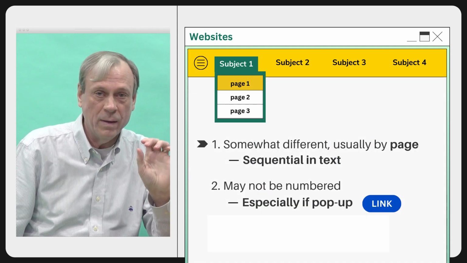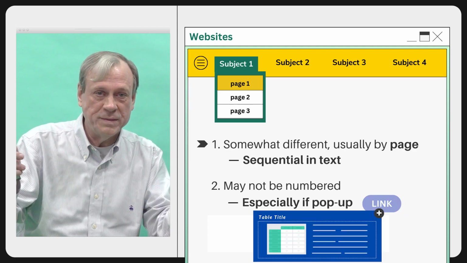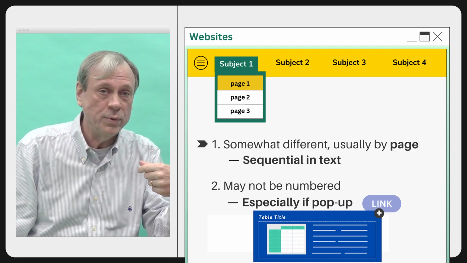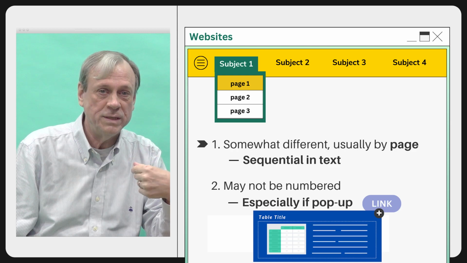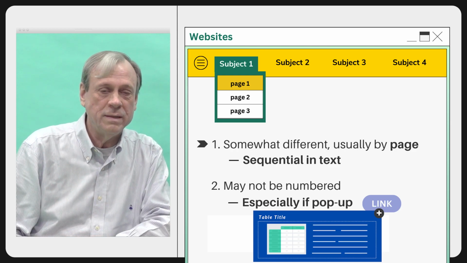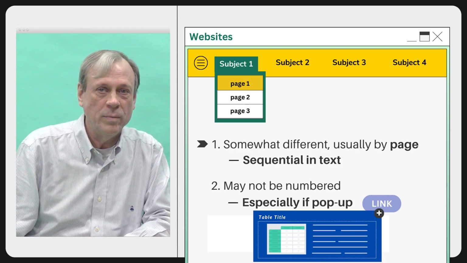Now, if it's a pop-up, if you click on a link and the table pops up, it may not be numbered because people then would not necessarily be reading them in sequence. So again, that's a slightly different thing than in a full written format. In the next video, we'll be looking at how you caption either a table or a figure, similarities and differences in that.